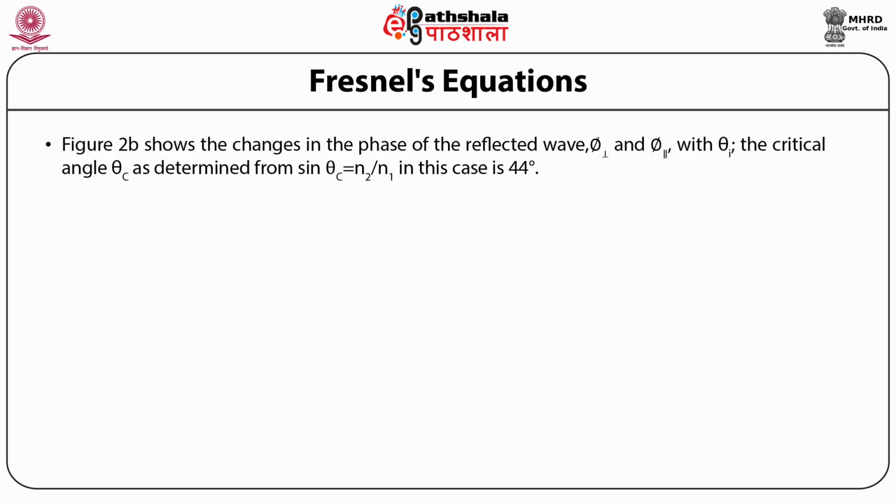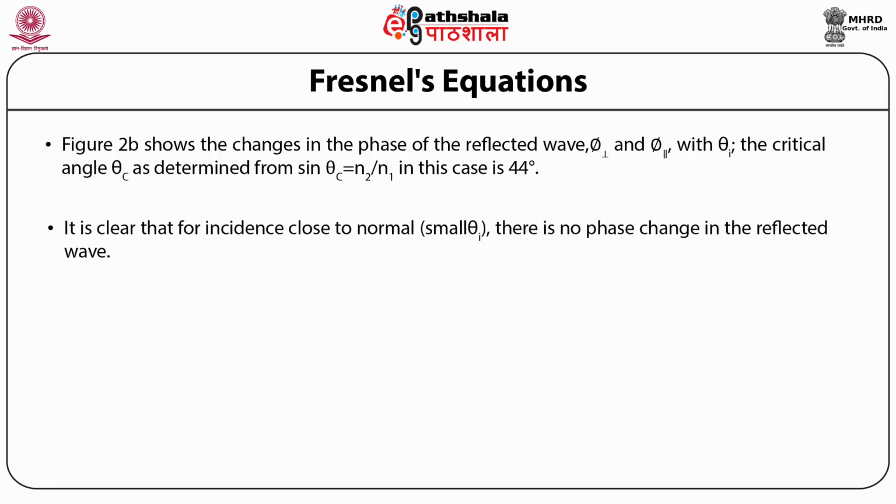Figure 2b shows the changes in the phase of the reflected wave, phi perpendicular and phi parallel, with theta I. The critical angle theta c, as determined from sin theta c equal to n2 by n1, in this case is 44 degrees. It is clear that for incidence close to normal, small theta I, there is no phase change